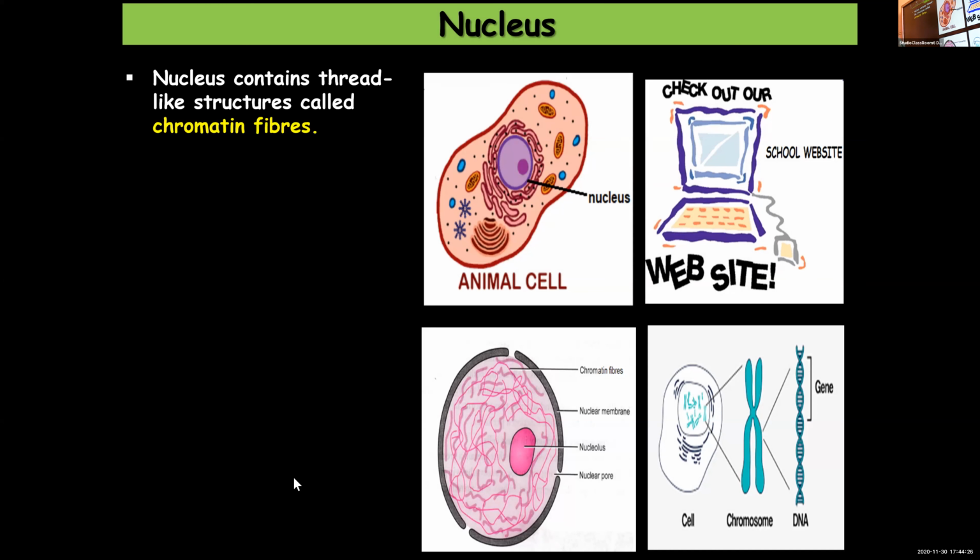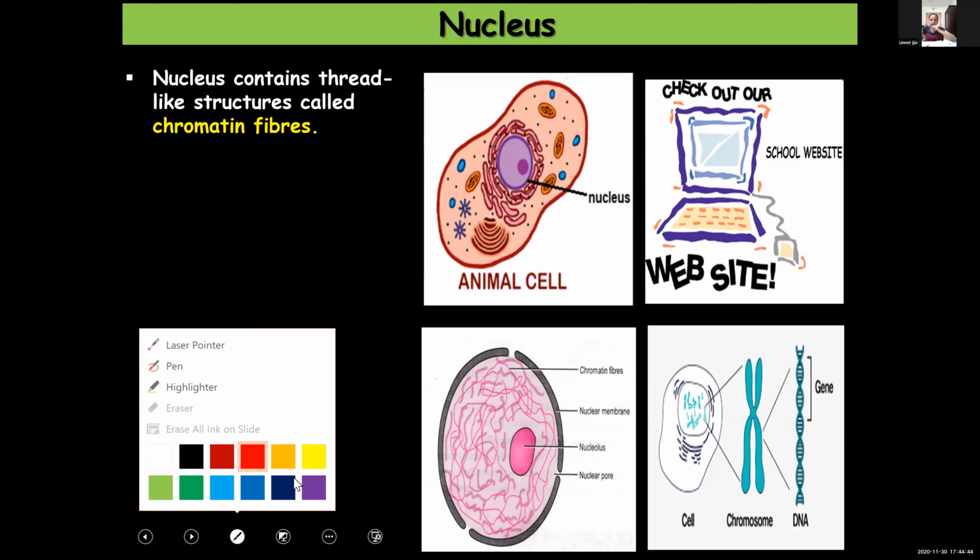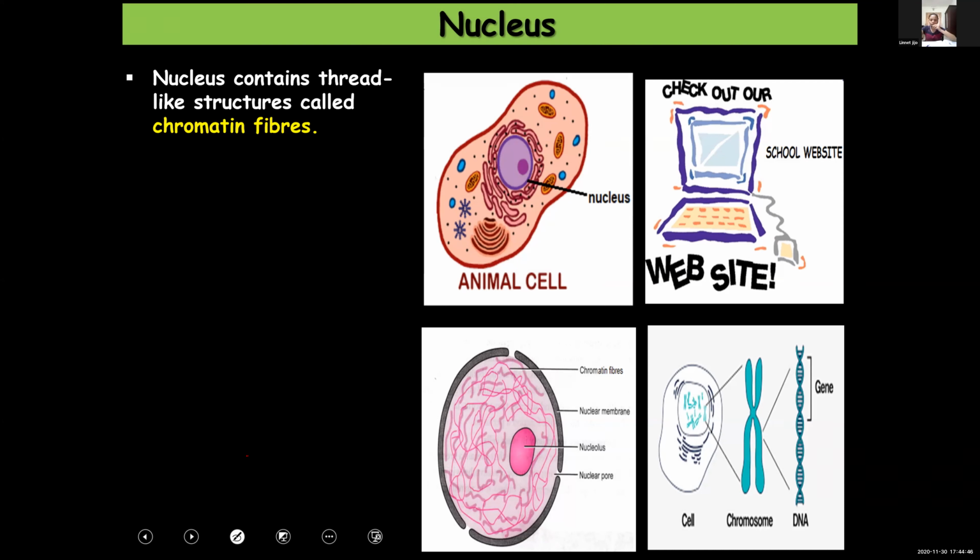Okay, so the nucleus, this we had already discussed, but still once again I'll explain. Inside the nucleus, as you can see in the picture, there are some thread-like structures. And you call these thread-like structures chromatin fibers. I have already taken this, but to get the continuity, I will take it again. Only this slide. So these fibers you call chromatin fibers.